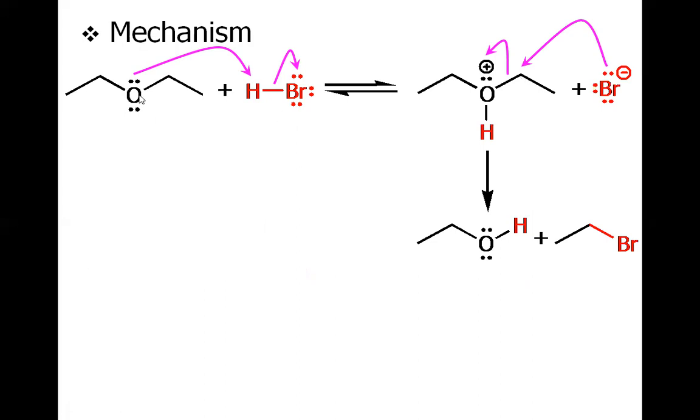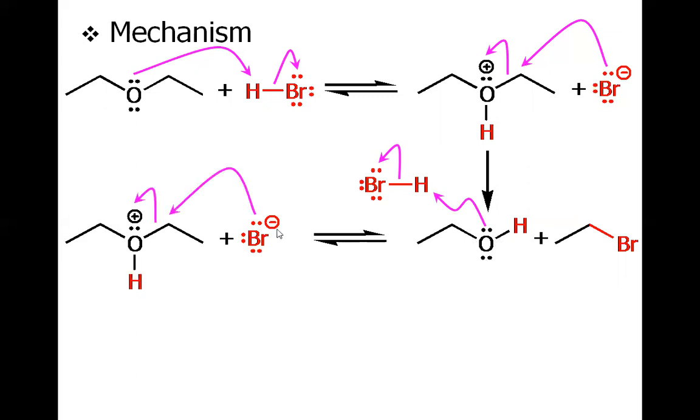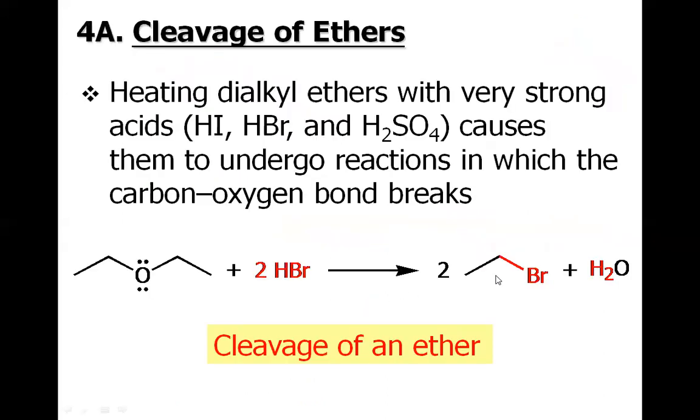And remember the same thing that we discussed under the heading of alcohols, that this alkoxy is made into a good leaving group for the SN2 reaction. But the reaction will not stop at this stage, because we have the presence of acid which will protonate this alcohol, and again once protonated, the bromide will attack this alpha carbon, and we will have another molecule of alkyl bromide. So overall there will be 2 moles of alkyl bromide formed from 1 mole of ether.